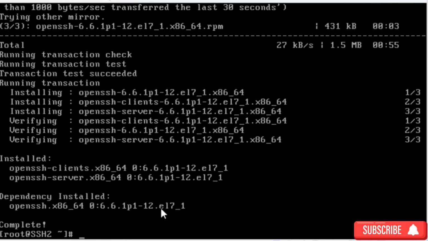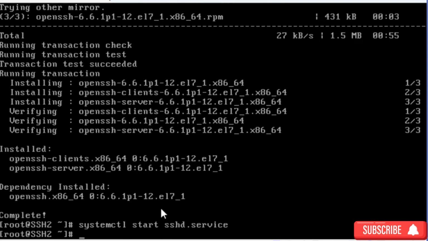Now, as you see, the installation process has been successfully done, and we need to start the SSH service by running the command systemctl start sshd.service and press enter. The system has started the SSH service successfully, and by that we have seen how to install